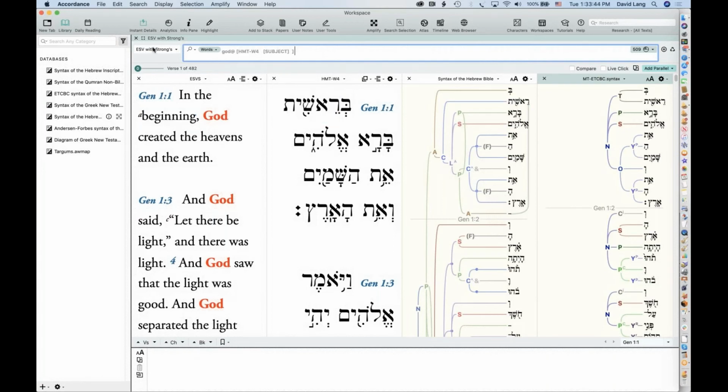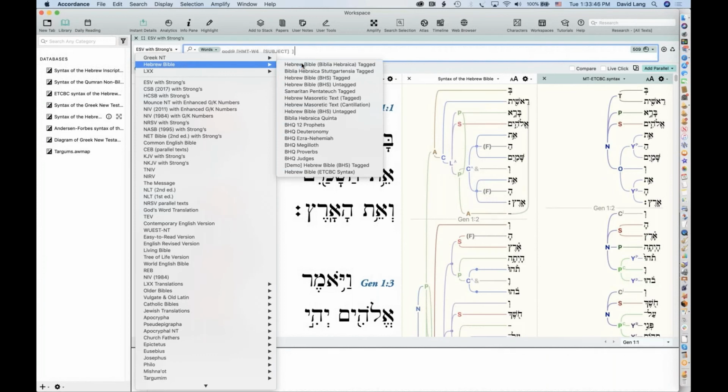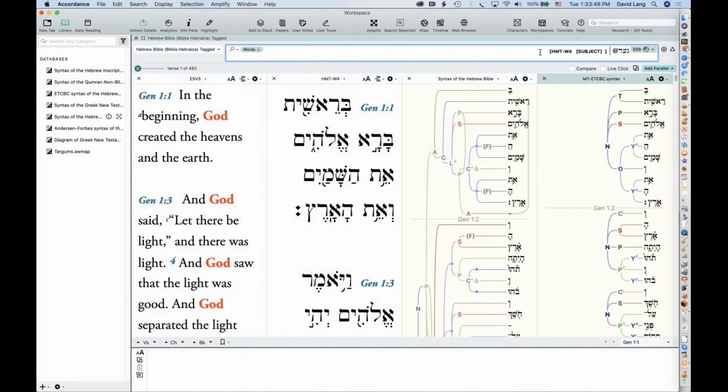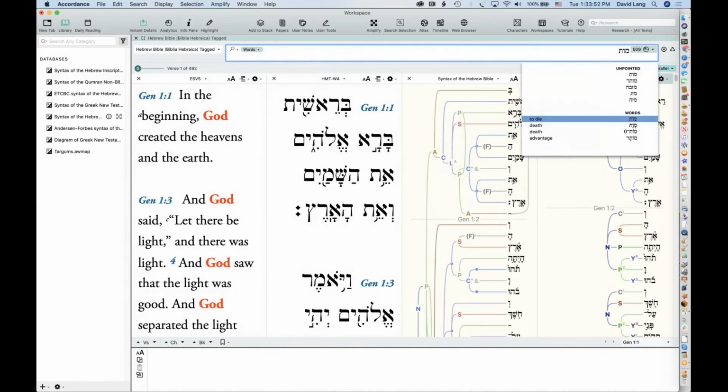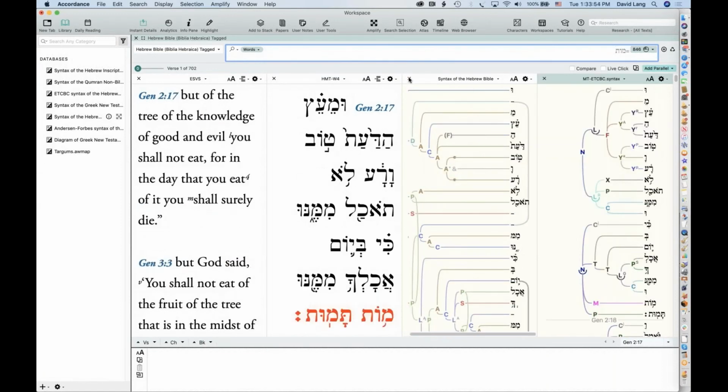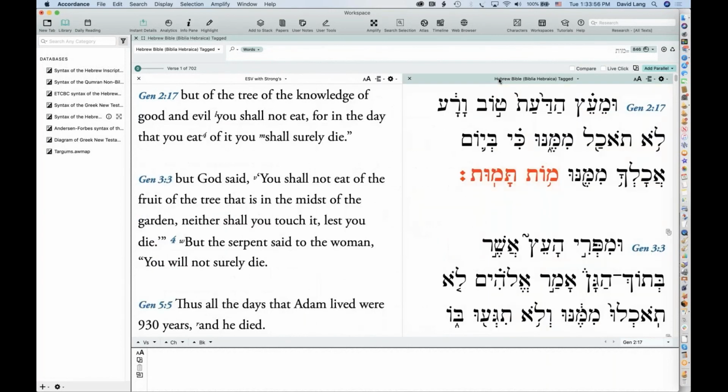This may be a really fast demonstration of the construct, but let's go back to our search for moot, and let's hide the syntaxes here. So we've got mot tamut. All right, so you've got "you will surely die," and you've got mot in the infinitive absolute followed by moot in the imperfect.